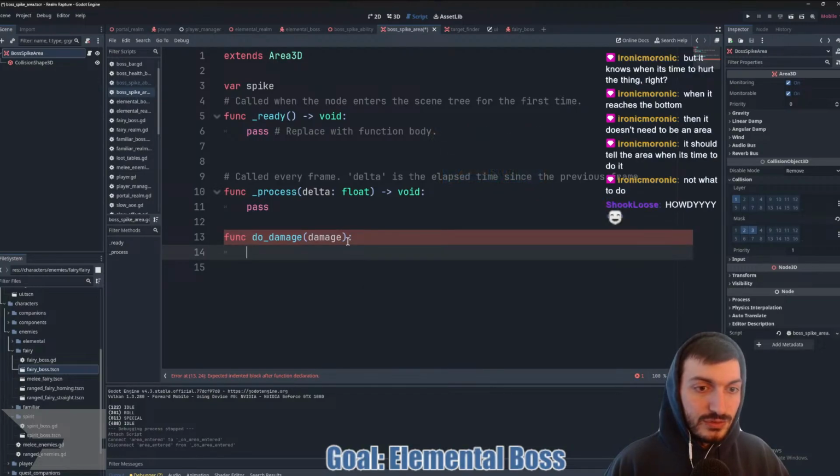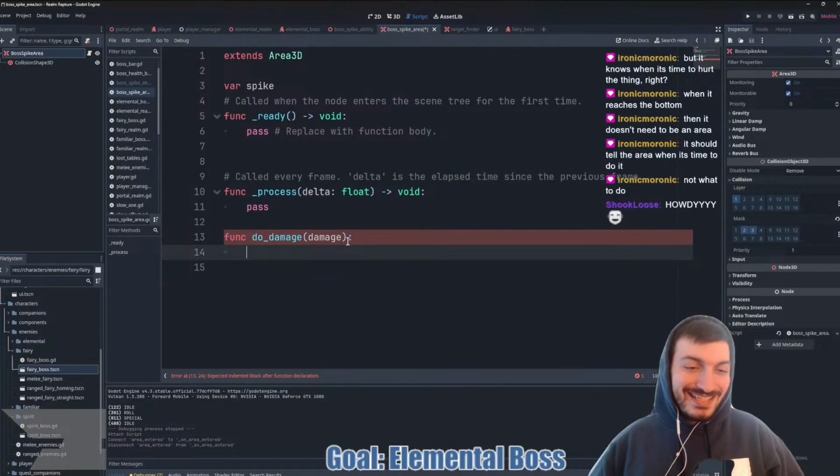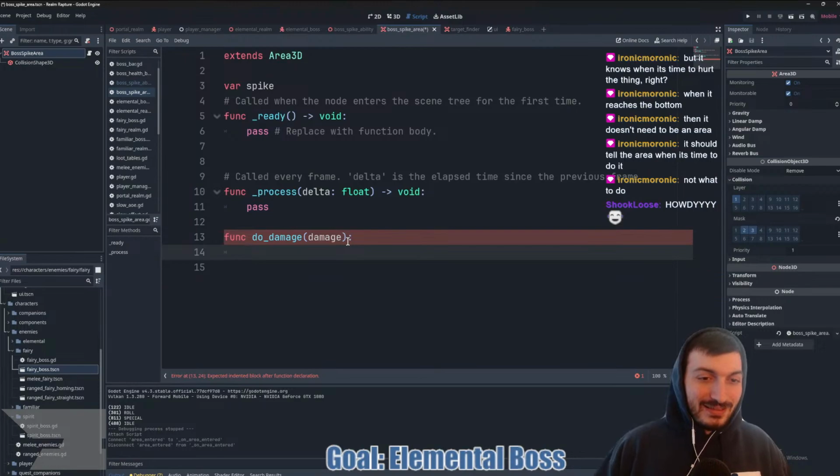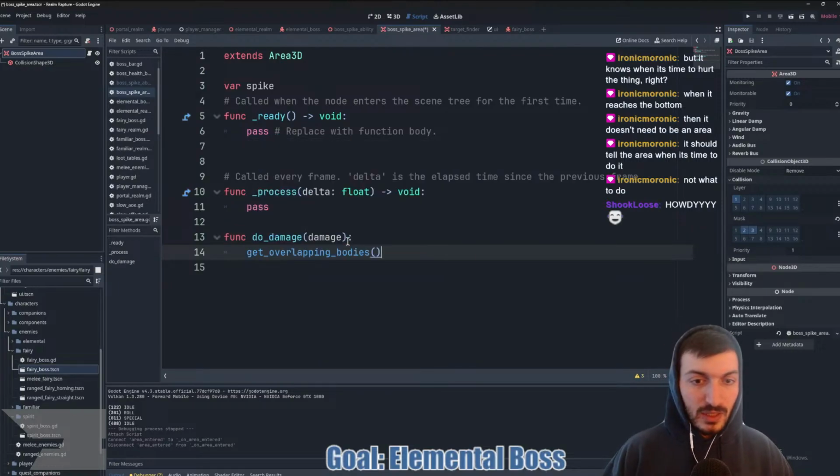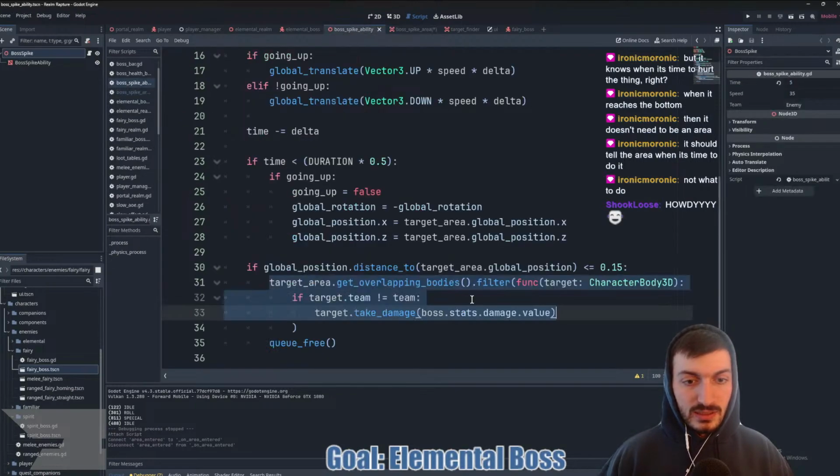Let's see here. Do damage. And then we can say get overlapping bodies. And then we actually just go back to this. Just snag this.